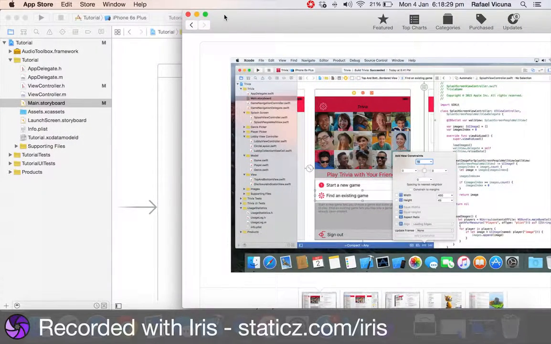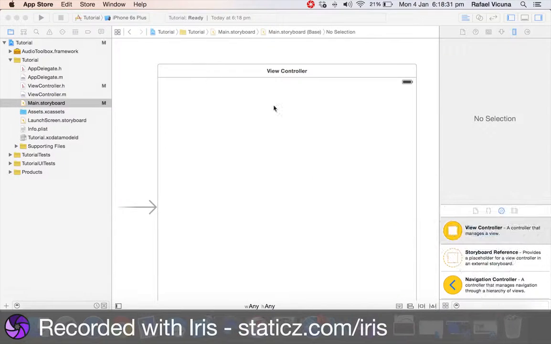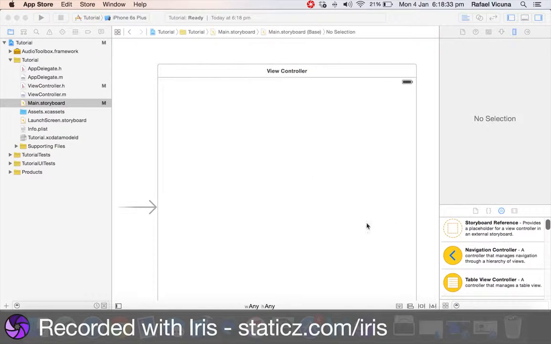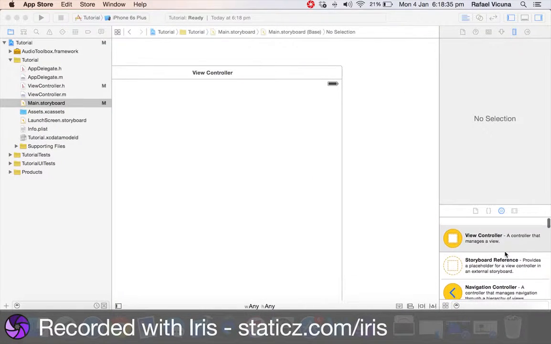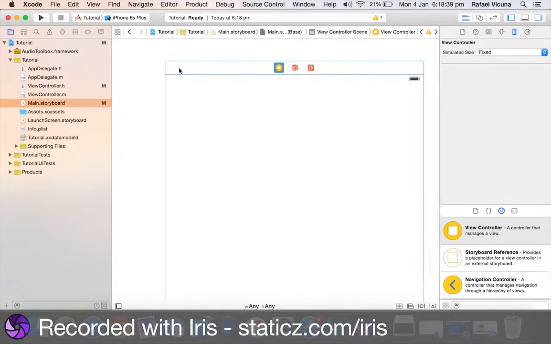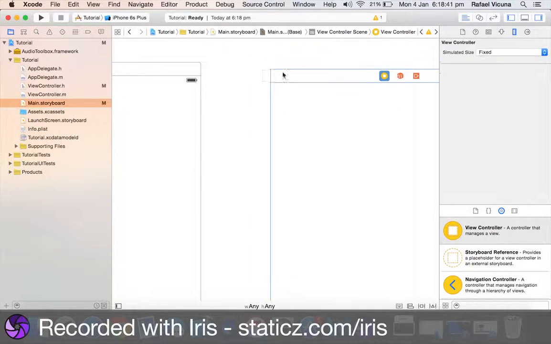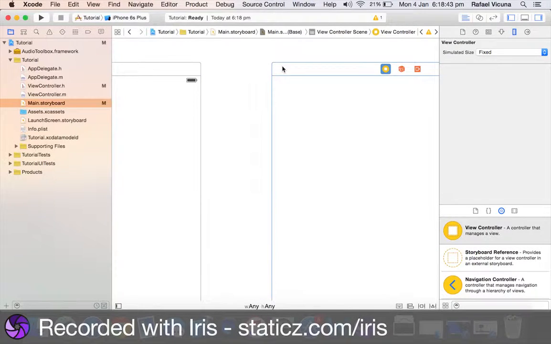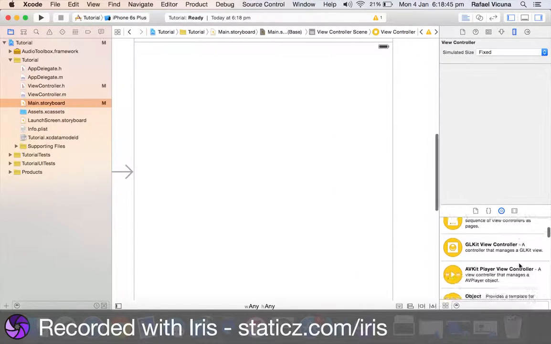So that's pretty much it for the main storyboard. So I will show some. If you want to add another view controller, so that when you click on this button, it will take you to this one, it's really easy. So I'll drag in a button,